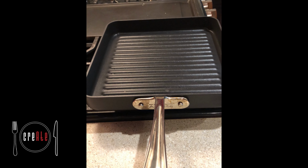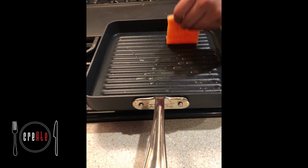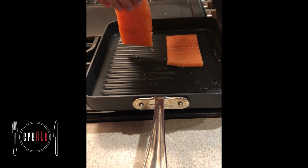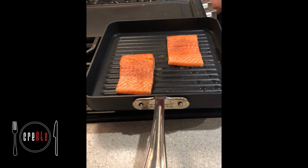Preheat a pan on high and place some oil on top and lay the salmon away from you. These cuts of salmon are pretty thin, so they won't take too long to cook. As the first side is cooking, you'll want to pay attention to the center of the fish. Once you feel that about 50% of it is cooked through, you'll want to carefully flip it over for another